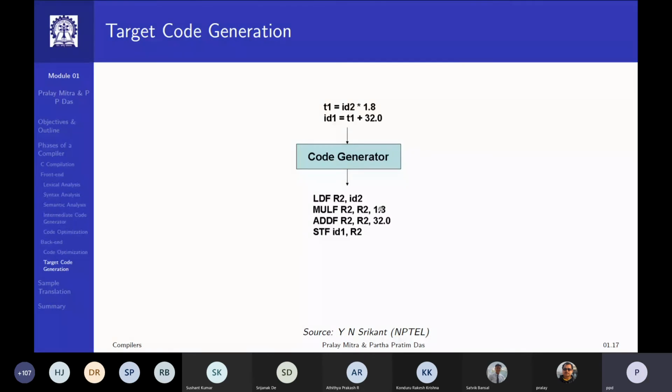Similarly, it does this by adding 32 to R2 and keeping the result in R2. Finally, it assigns it to ID1, so it stores R2 back to ID1. Right? So just one register, and this is a sequence of assembly instructions that you'll get.